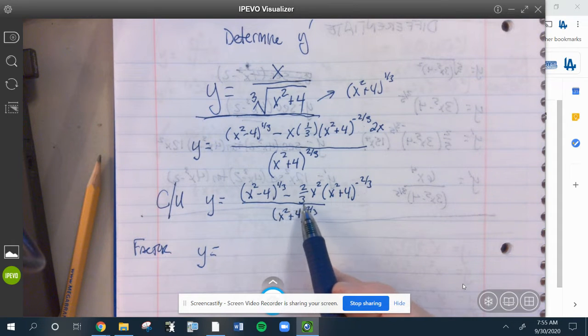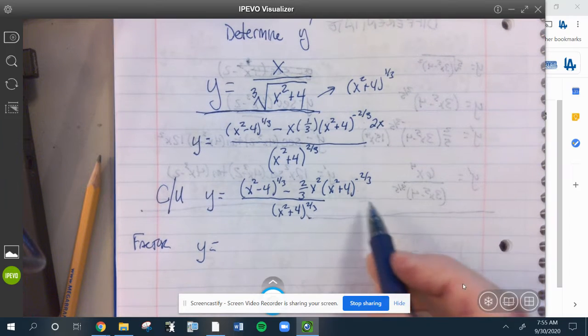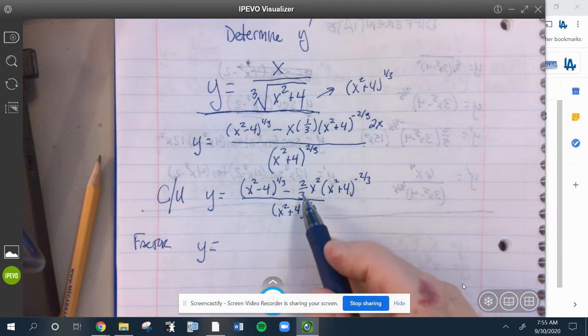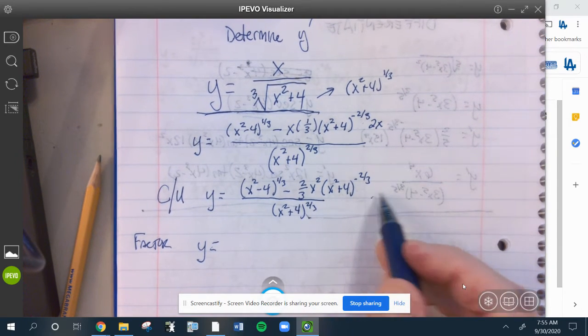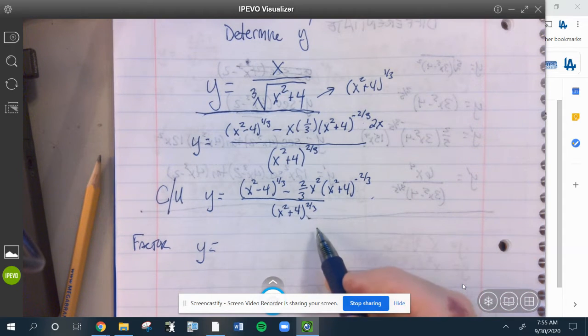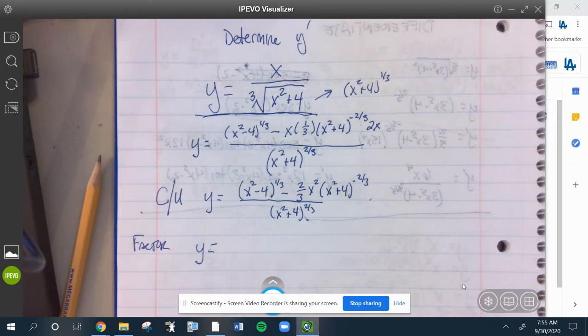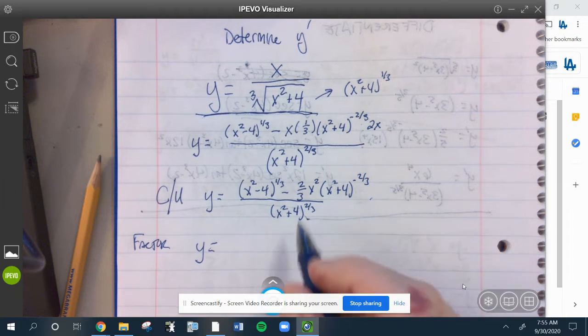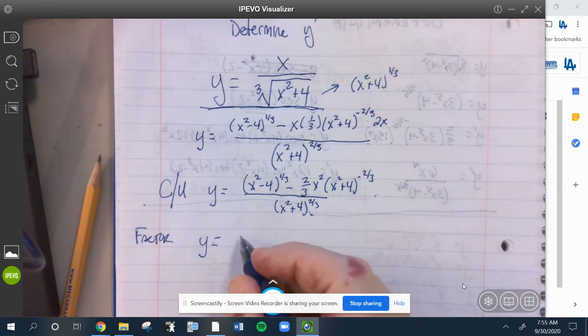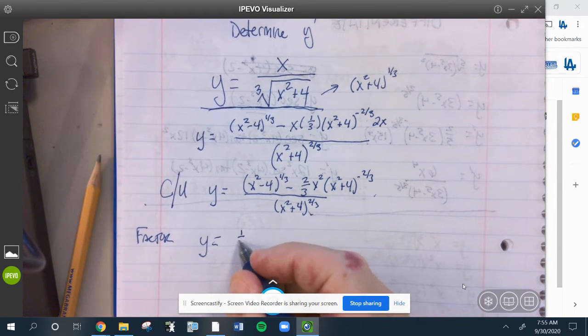So you are going to have to factor out a 1/3. An alternate method is you can multiply, since it's a complex fraction, the entire top by 3, the entire bottom by 3, if that makes more sense to you. But I like to get on a routine here, and since we've always been just factoring out 1/3, that's what I'm going to do. So 1/3